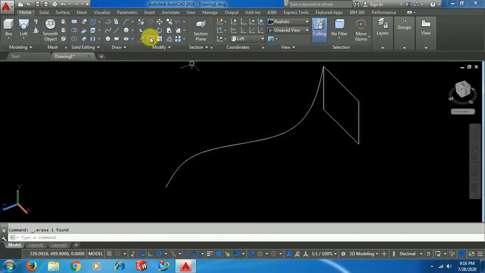Now I go for polygon. Select polygon, enter number of sides, 6, enter.